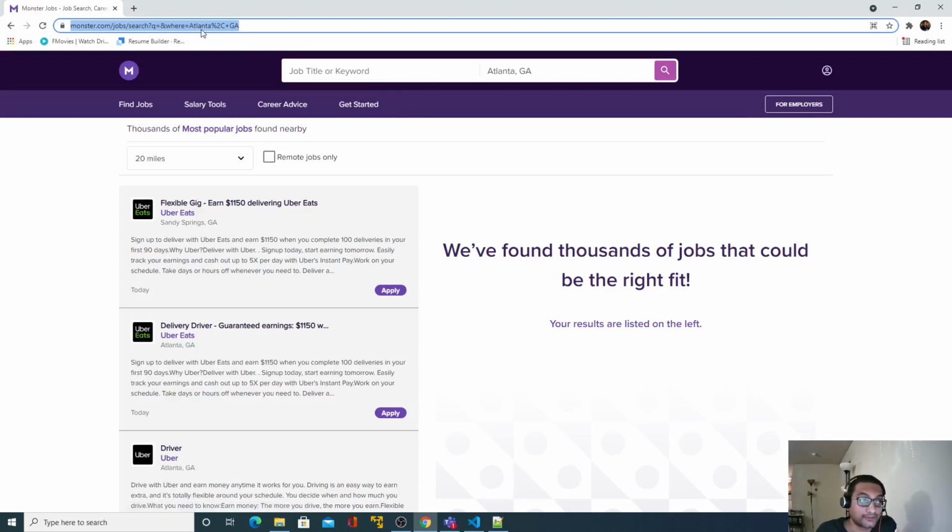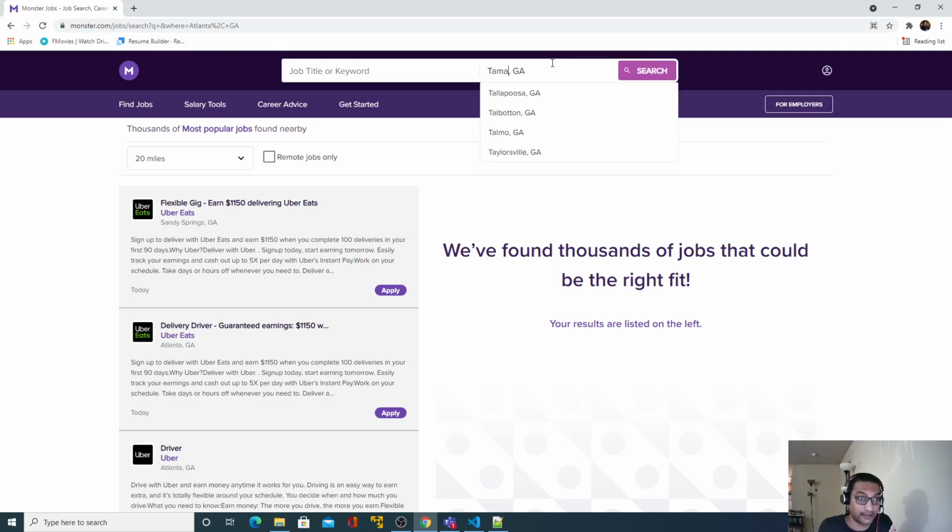The moment I specified the Atlanta city and state, in the URL after the where clause, that city name and state appeared. So I can change that. Instead of Atlanta, let's say I give Tampa, Florida.